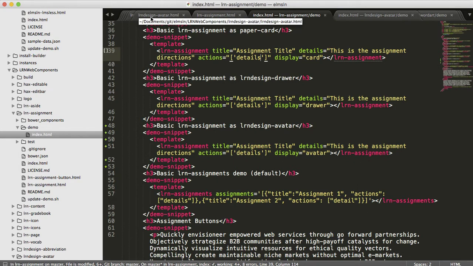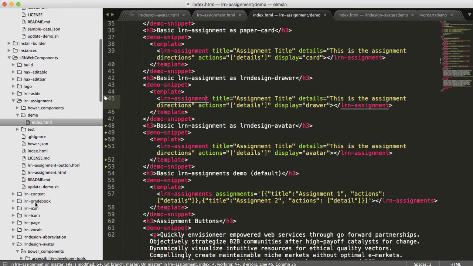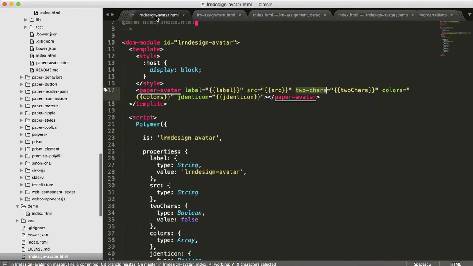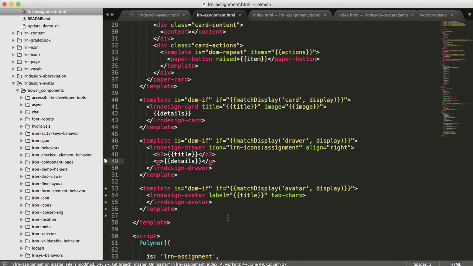I've created all these design flexibility options as far as LRN design avatar, which I can now go into my LRN gradebook or my LRN content, or vocab would probably be a good one, right? If I wanted an icon for it, or a LRN person tag as to how we present a person and communicate about them. Whatever the case may be, I can implement this avatar tag with its flexibility constraints, and maybe in those other places, instead of having the two chars option be hardwired into it, maybe I don't have that. Maybe I have that